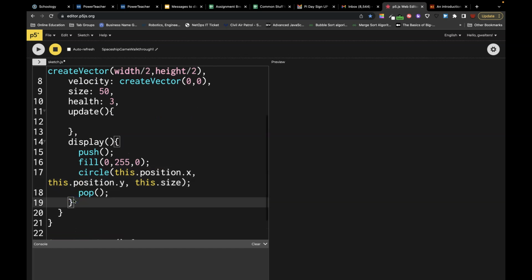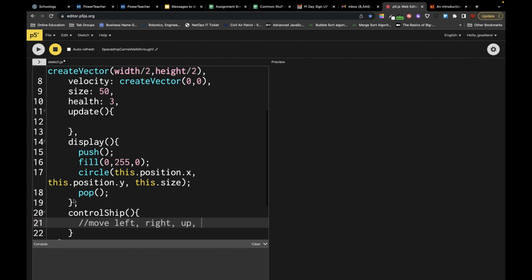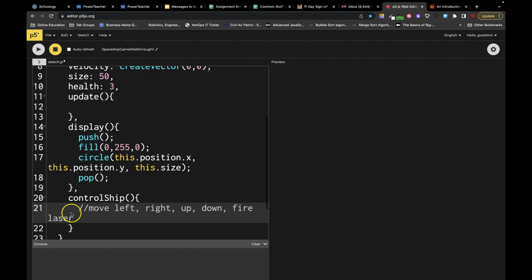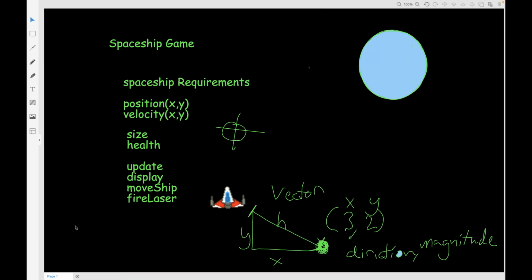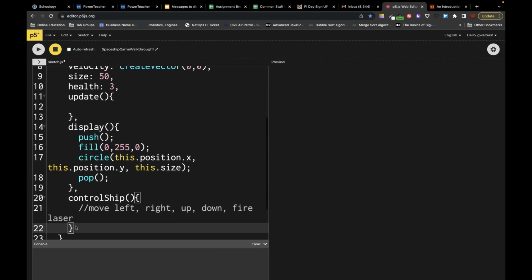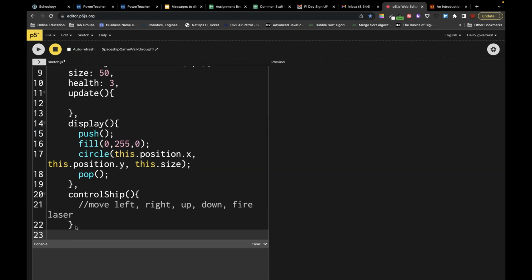Now we talked about the other functions. Let's build those. How about control ship, and that will move us in here. This will move left, right, up, down, fire, laser. If we wanted any other things in there, that might be in there. What was our other one? And then we do know that we're going to end up doing a fire laser. So let's call that,